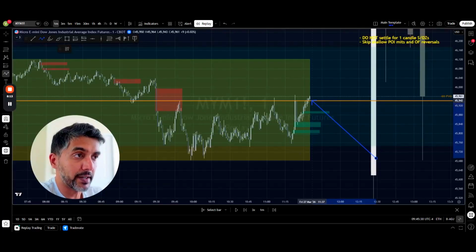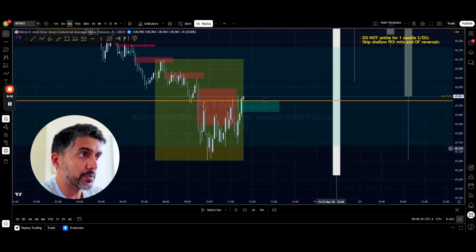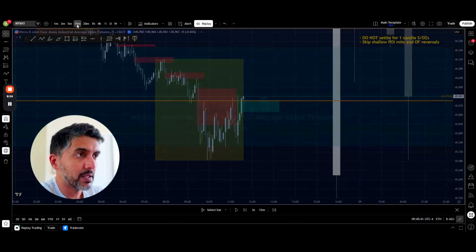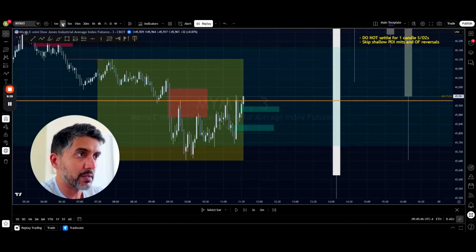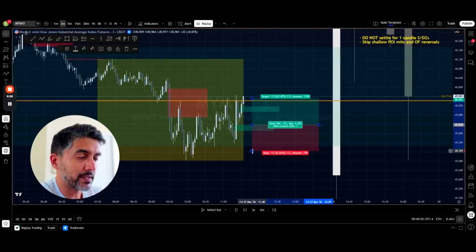That's our signal to find an entry. We can do so on the 5-minute, as we always do, to see what we can find. Here on the 5-minute, there's nothing obvious. And so I would typically bounce around the time frames to see if I can identify a fair value gap. And finally, here on the 3-minute, we get just that. And so I can place my entry at the top of the fair value gap and place my stops just